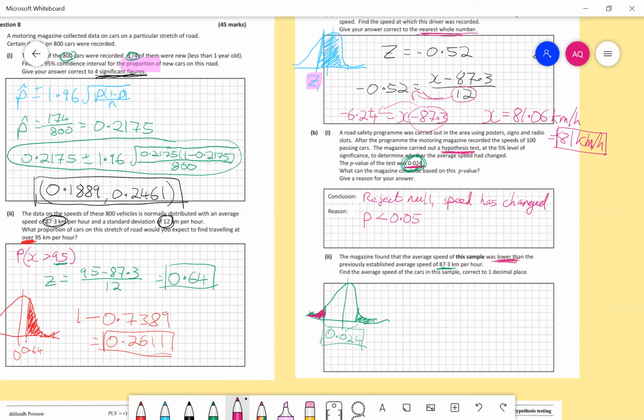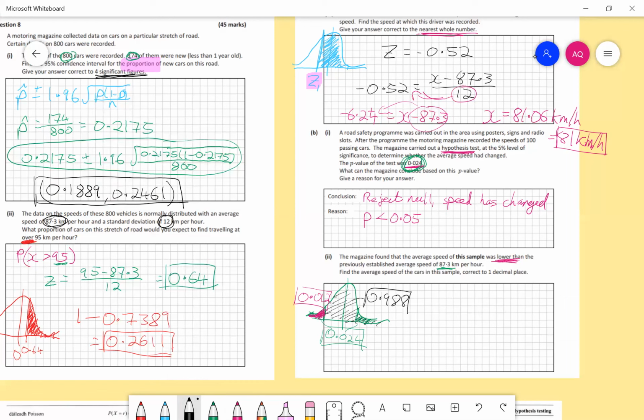So we should take the speed lower than the average. So that on the left there is 0.012 because that's half of 0.024. Now, what are we going to do with that 0.012? Well, what we'll have to look at is what is going to be in the remainder outside here. If that's 0.012 all the way up to the top, because we can't find 0.012 in the z-scores, that's going to be